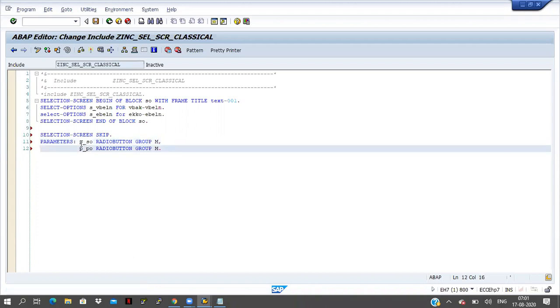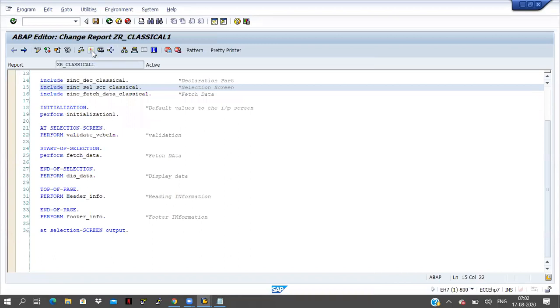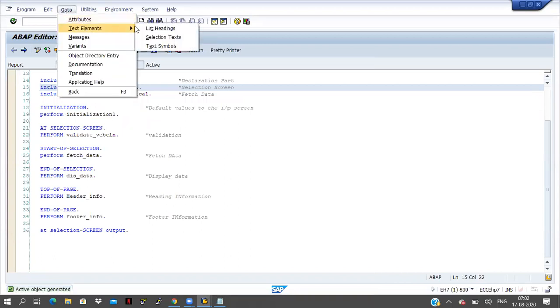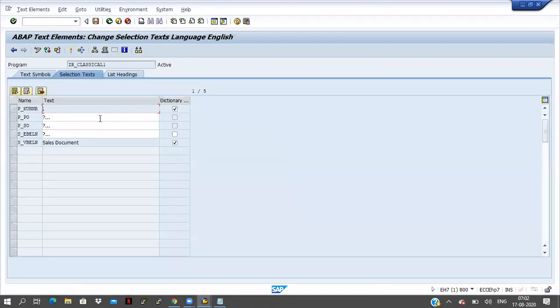If I select the sales order, then s_VBELN should be in enable mode. If I select p_PO, then EBELN will be in enable mode. Now just save it, check it, activate it, click on the back button, activate the program here, and click on Go To, Text Elements, Selection Texts here. Here p_SO is coming, right?